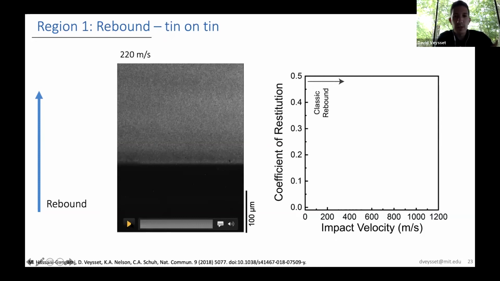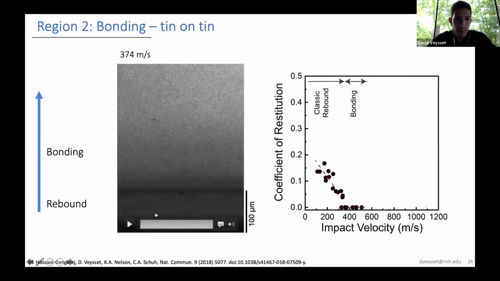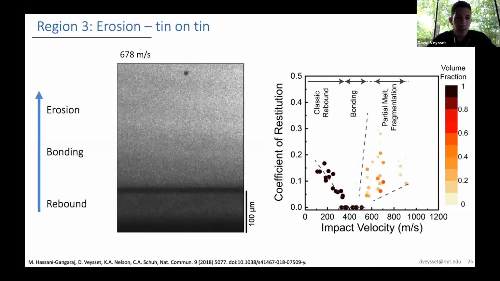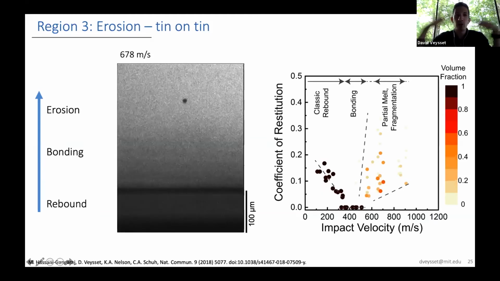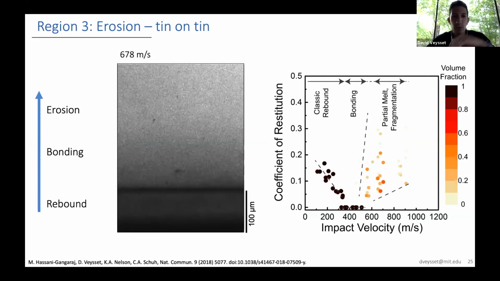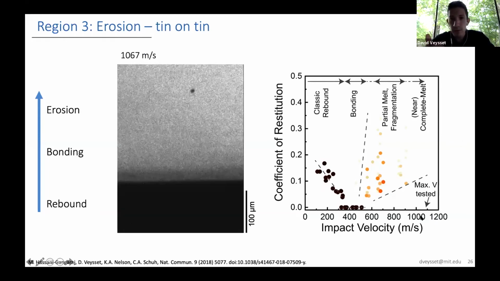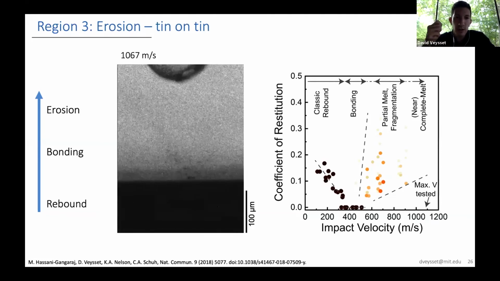Again, increasing gradually the impact velocity from low velocity regime where the particle rebounds to the bonding regime where the particle sticks to the surface. So this is for tin on tin. So the particle remains on the surface, and then as we keep increasing, we see this particle now rather than bonding fragments, and there's this large splash that is created at impact. If you keep increasing even further up to 1100 meters per second, you can hardly distinguish the fragments, and the impact resembles